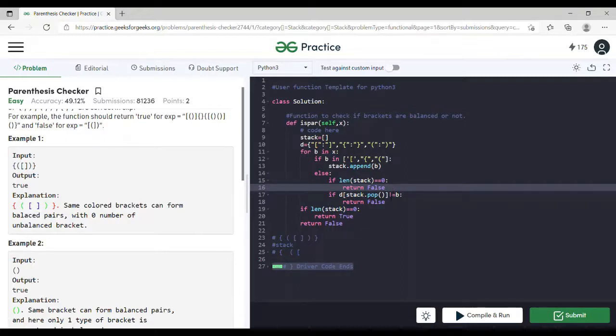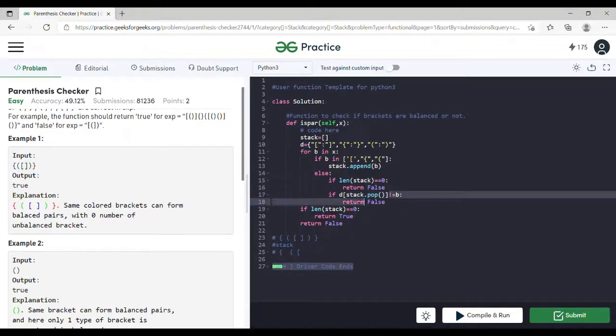Now we are going to be utilizing our dictionary that we made. Let's say we pop something from the stack. Let's say it's a square opening bracket, and we know that the square closing bracket is saved in the dictionary.